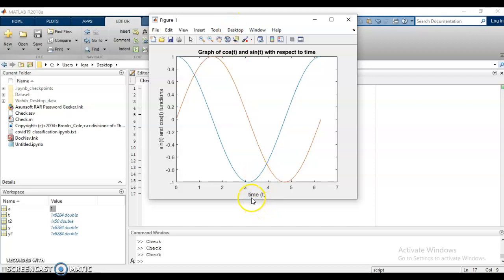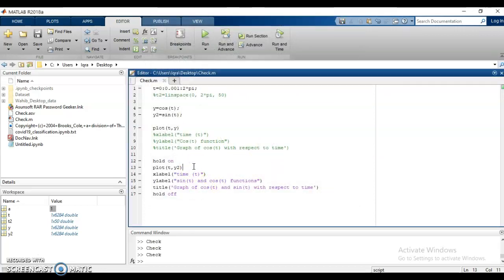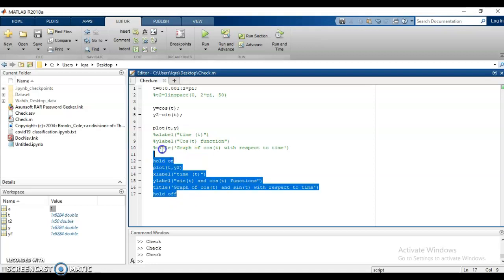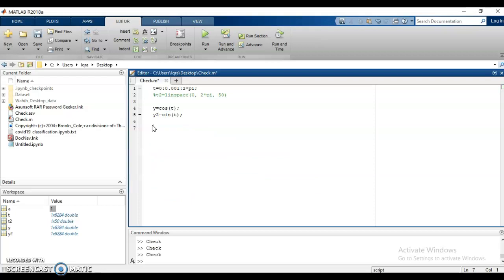Okay, so now we can see that we have the time, we have sin of t and cos of t functions, and we have both the functions. Another thing is that if we don't want to put multiple statements or the hold on and hold off commands, what we can do instead is use the plot command and plot y with respect to t in red color and in dashed lines.